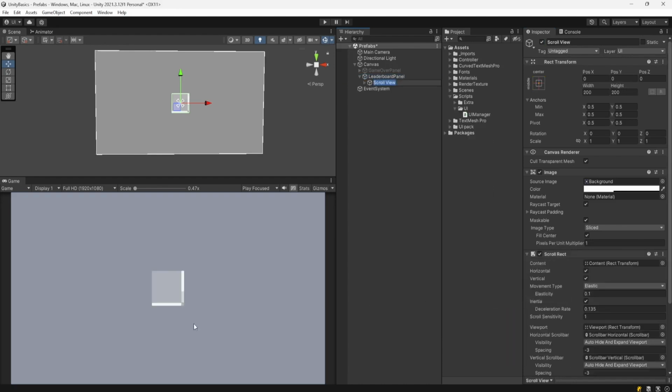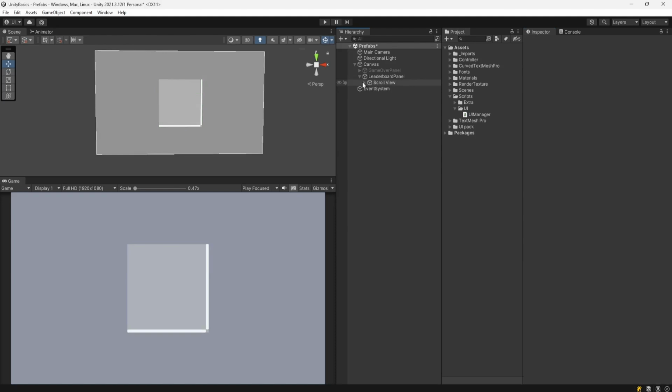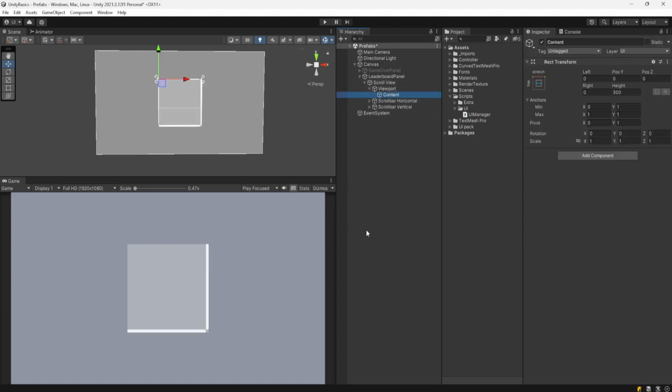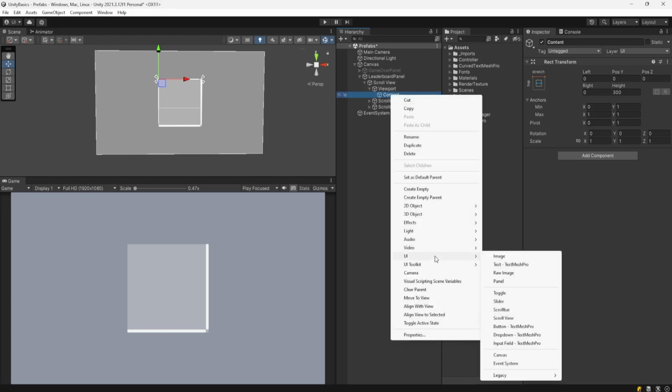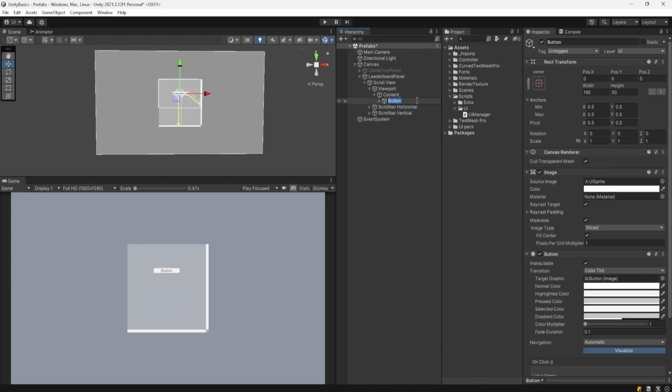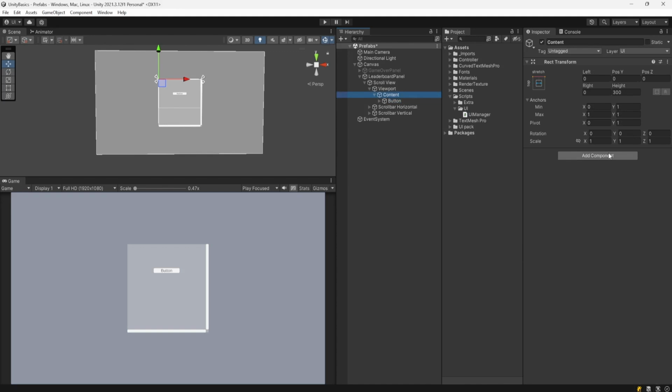So that whatever leaderboard data comes, we'll put it inside this. Let me first increase the size, probably 500, and this one also maybe 500, and inside this now we have to start designing our prefab. Inside content, first let me put one button. Before that, I'll change the content. I'll add one vertical layout group,